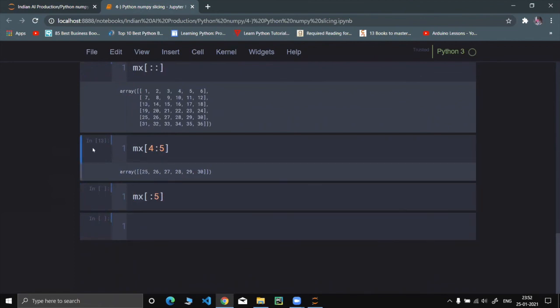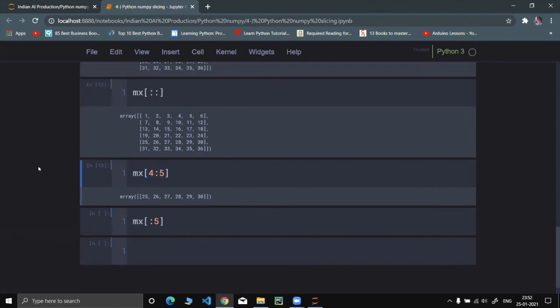What this will print: the first element is the row, and since we have not put anything over here, it will print the fourth row and all the columns. This might be done like this also.